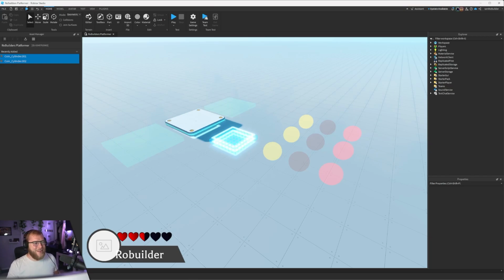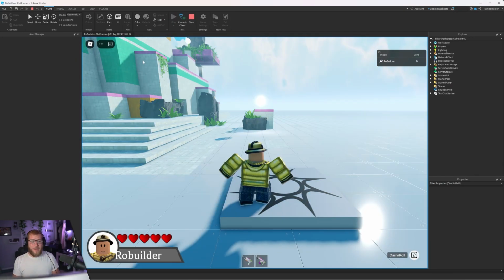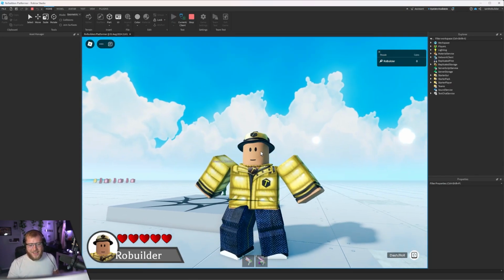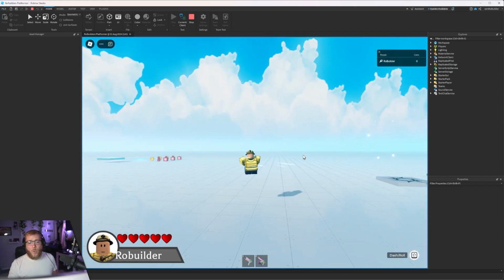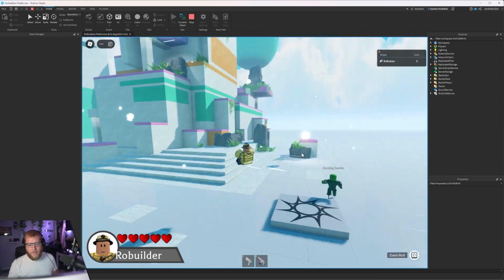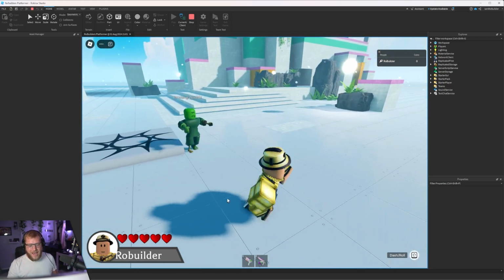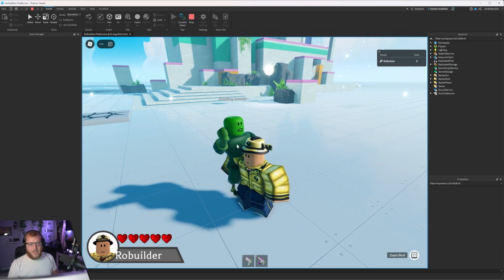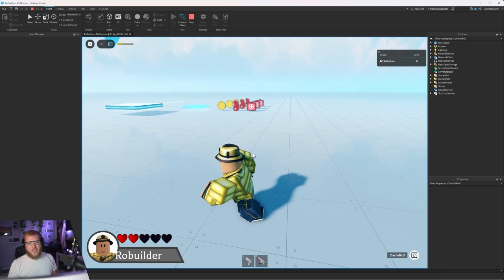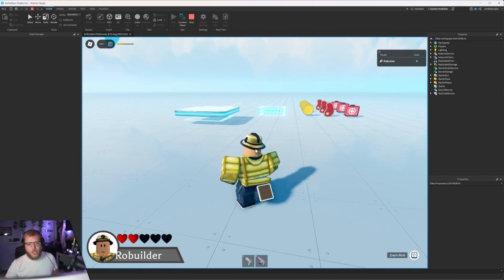All right, bros, we have done it. And by we, I mainly mean Robo because, yeah, scripting knowledge isn't really up there. But as you can see, we have the movement system from this platformer template. We have this new UI that I designed and Robo put in. Check it out. The zombie hits us. The zombie's a bit glitchy. It is just a free model one for now. That will be changed later on.